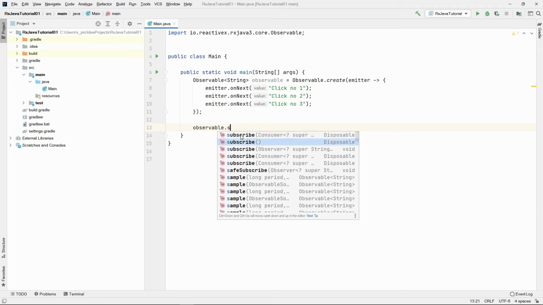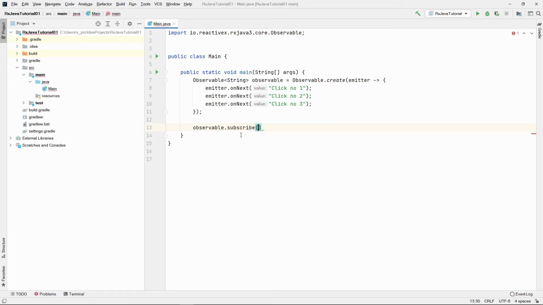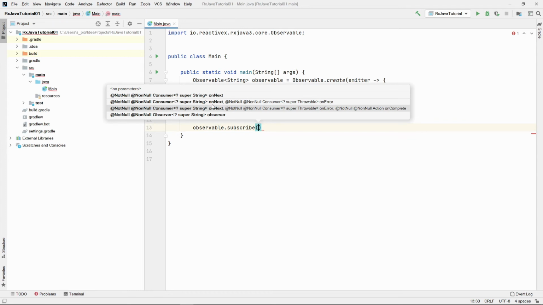We are looking for this overload. I want to listen for next items, for errors if an error occurs in the pipeline, and I also want to listen for completion of emission. As you can see, onNext and onError are of Consumer type, so we need to pass an implementation of that